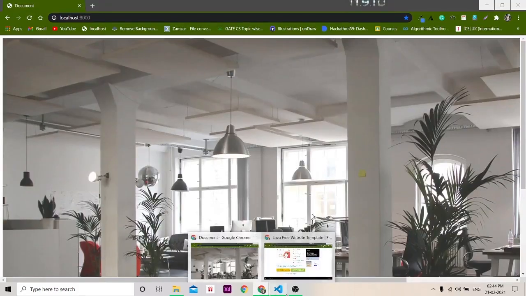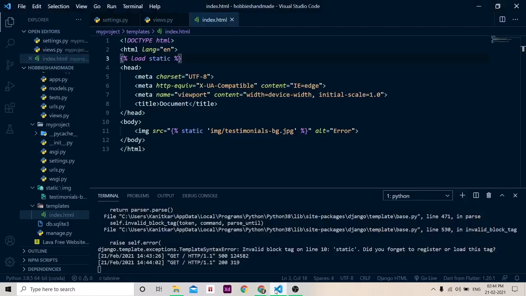Now, why have we done all these things? What's the difference? Django has provided this feature because, let's suppose, you have hundreds of image tags or CSS tags or JavaScript files that you want to import. Normally we specify static slash image slash whatever the name of the file is.